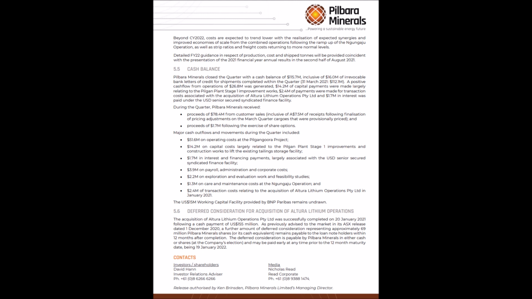Now, one thing to keep in mind is when a quarterly activities report is released, a separate report, which sometimes is combined in the same document, but it'll be at the bottom, the cash flow statement is also released, which gets into the nitty-gritty information of the financials, and I'll make a different video on that one. But for now, this is a great brief overview of exactly what is going on from a financial perspective within